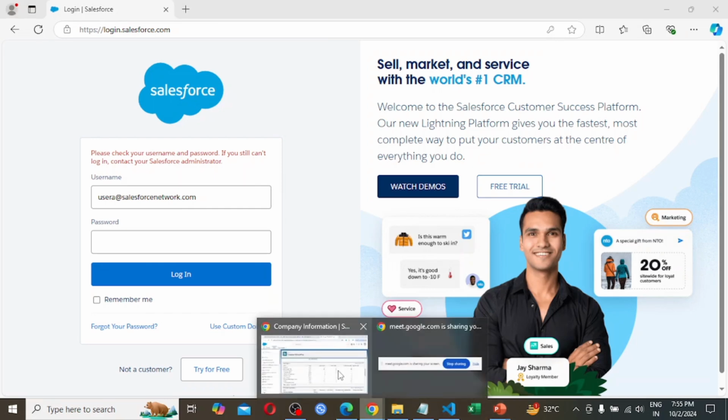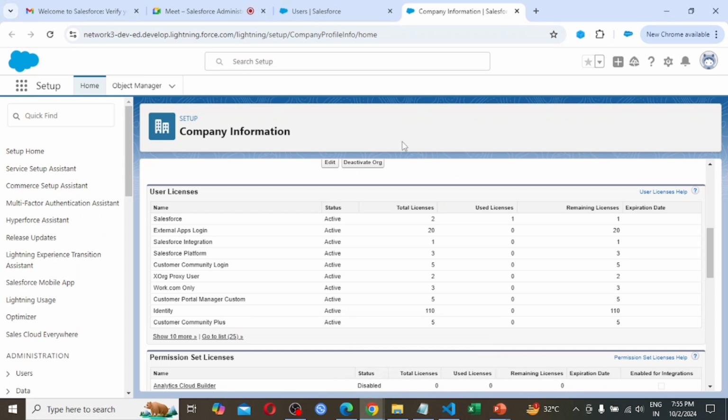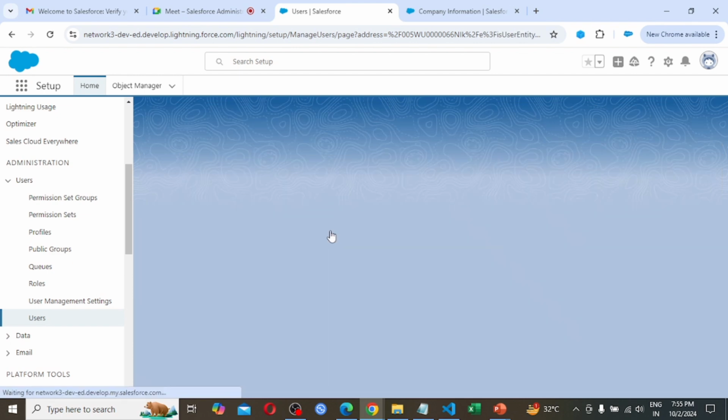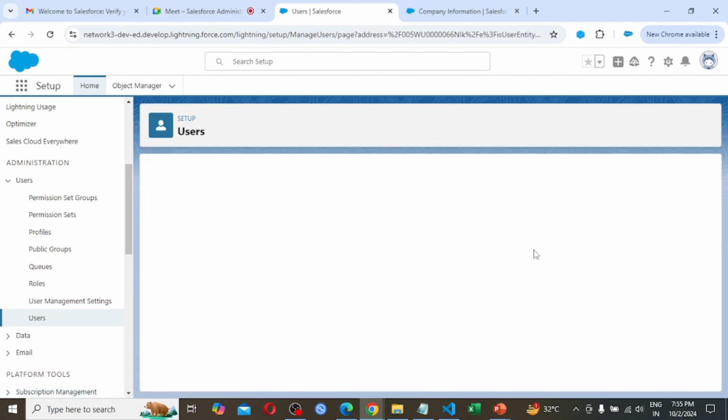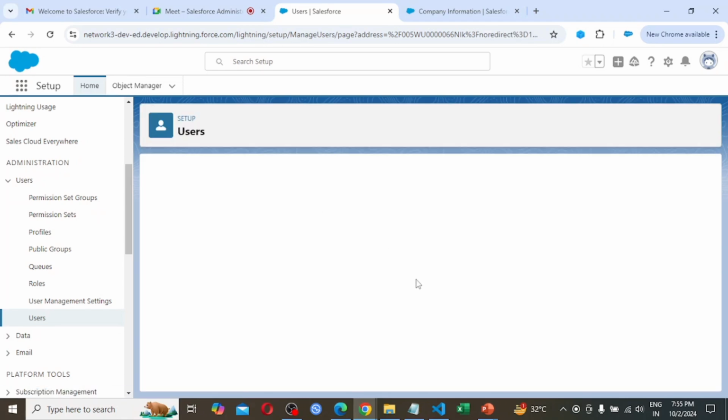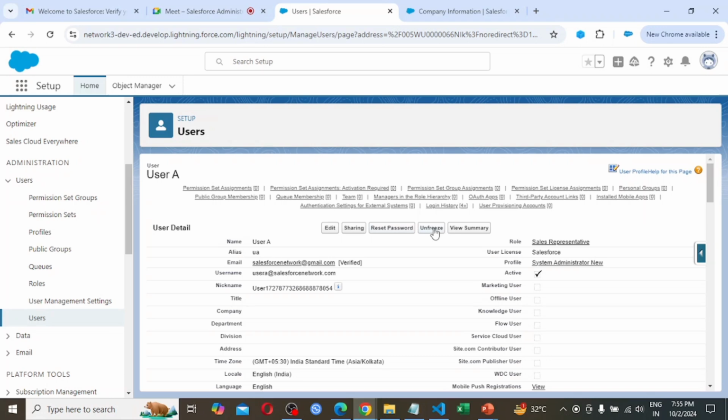Again coming back to our primary account. So from here what I am doing, I am making it active. So I am clicking on active. Again it is going to use the license, and also I am unfreezing this user.